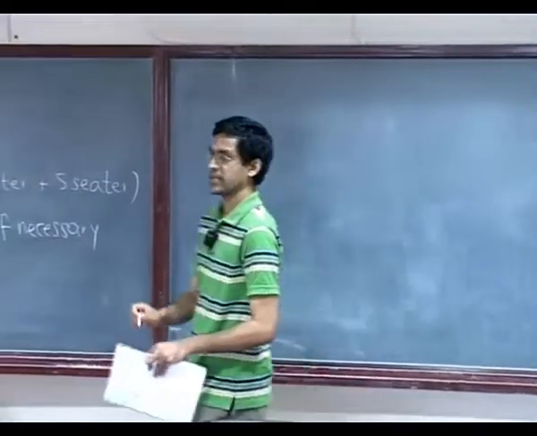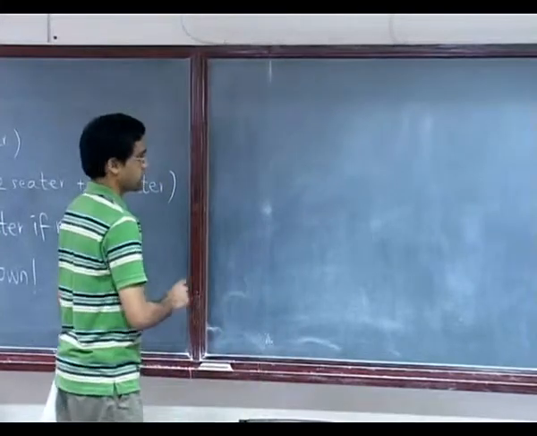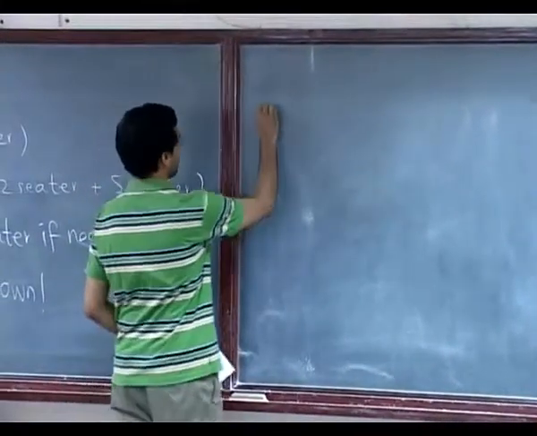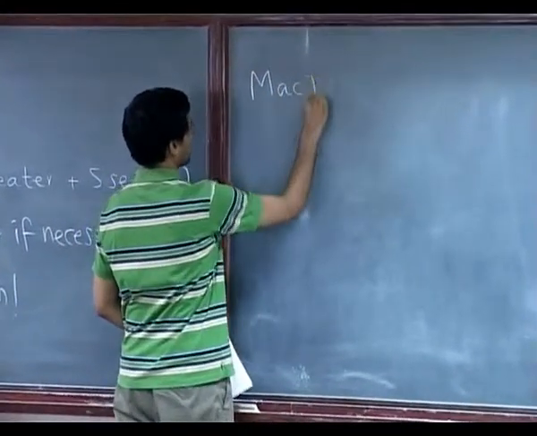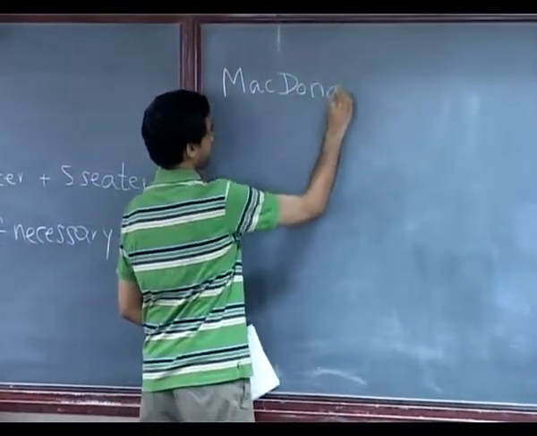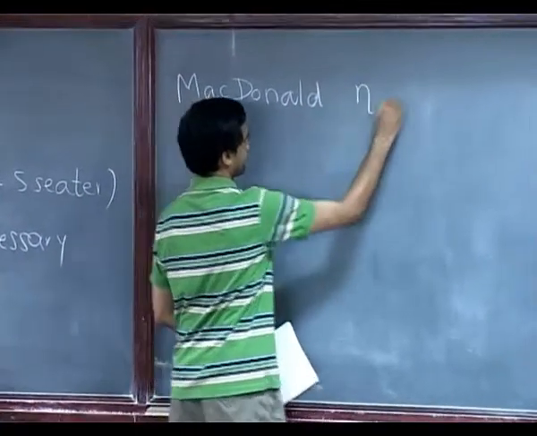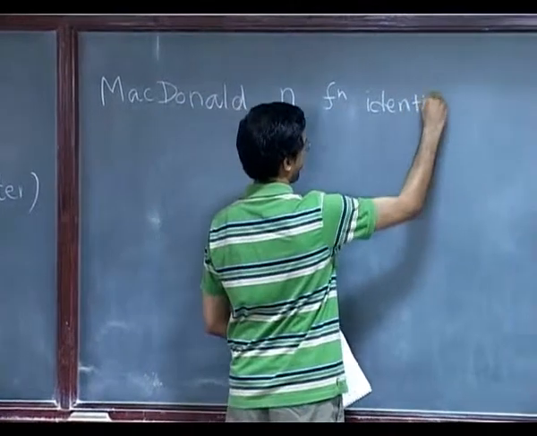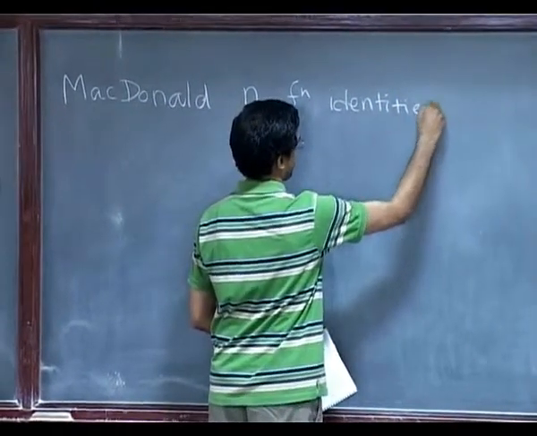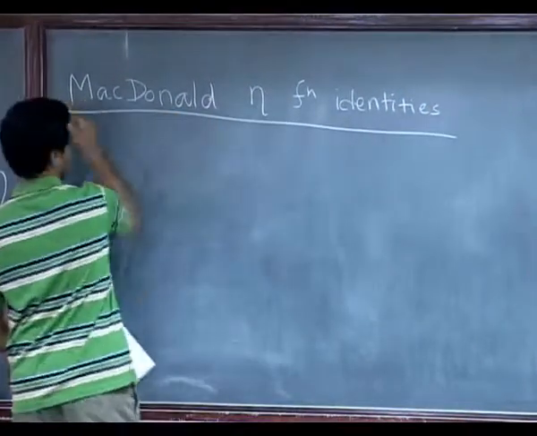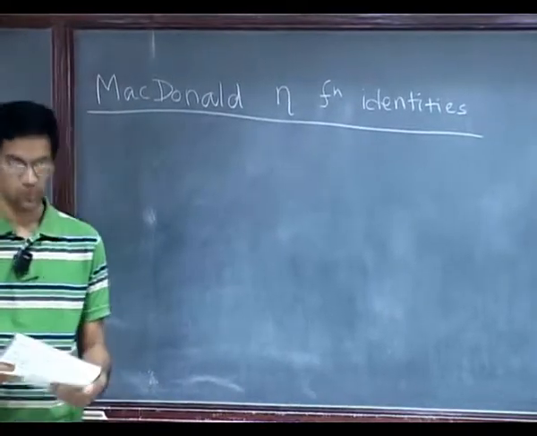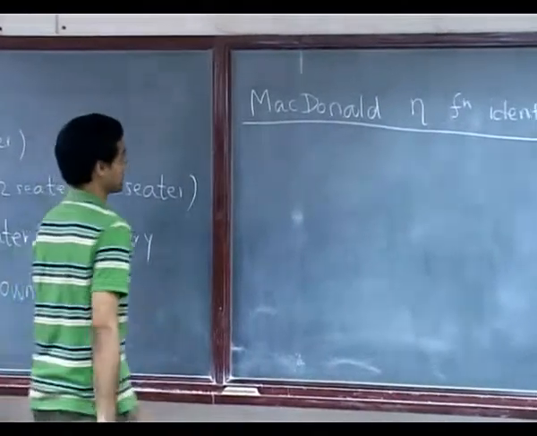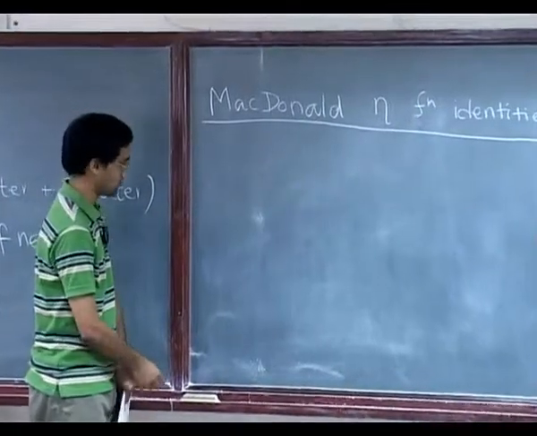So today I'll just prove the general Macdonald eta function identity, more or less following the same prototype that we did for SL2. So there are no surprises, till the very end, I should say. There's something nice that sort of pops out at the end. But anyway,